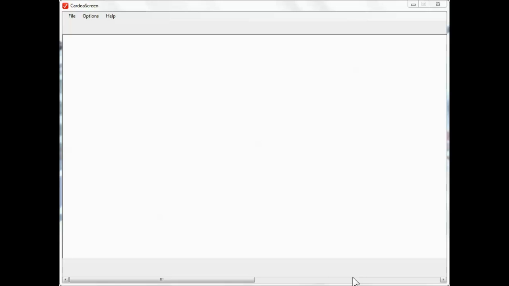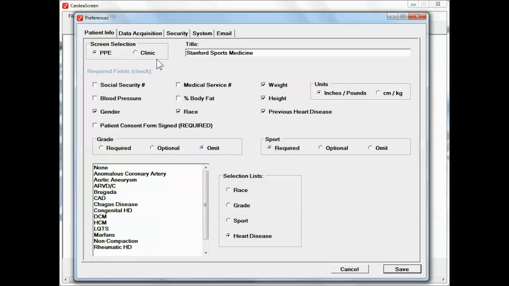What I'd like to do in the next 3 minutes is show you how to set the preferences in Cardeascreen. So we go to Options, go into Preferences. Now you can name your clinic. For instance, you could set clinic and go or change the name of the school for